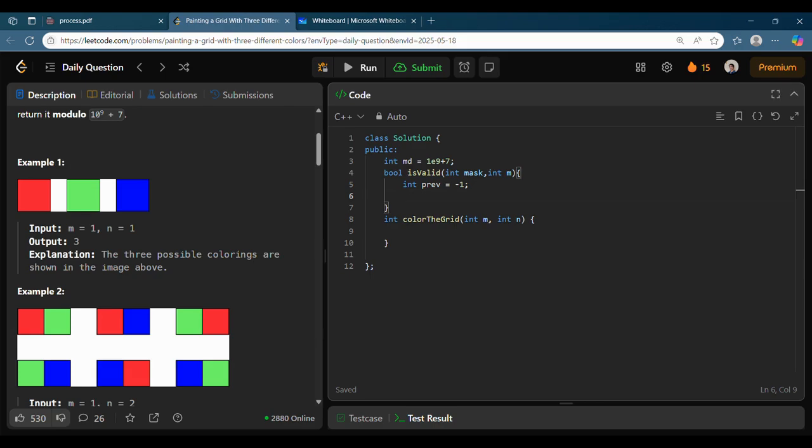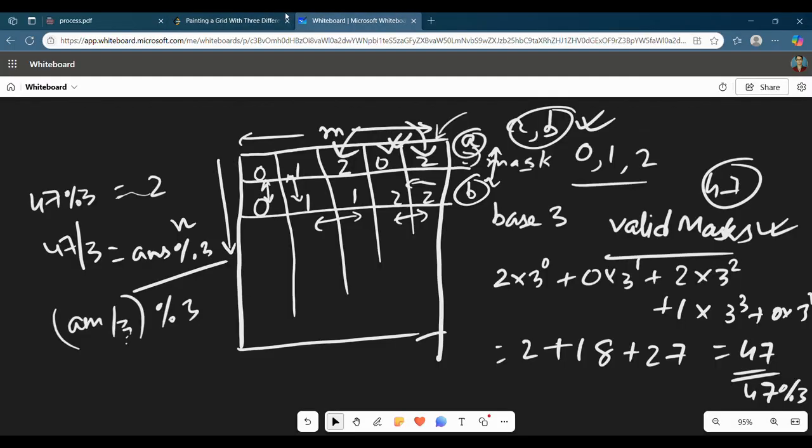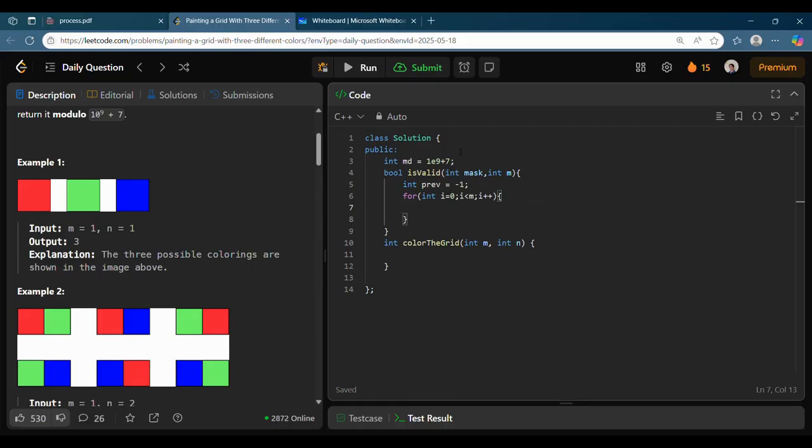So what I do is I form a loop of size m, and I check the current element, which is nothing but mask modulo 3, and I am also doing mask divided equal to 3.